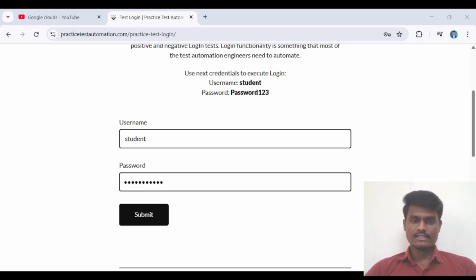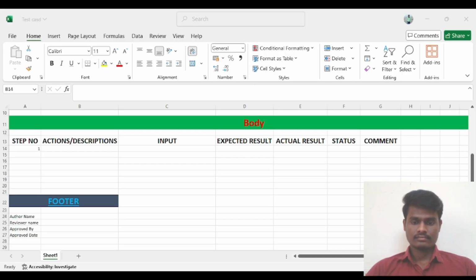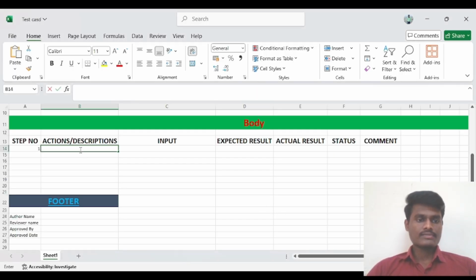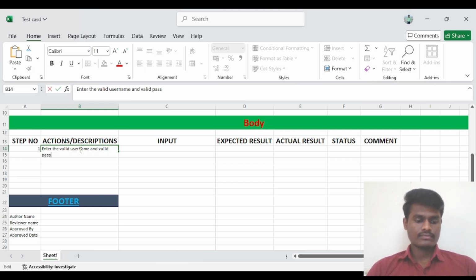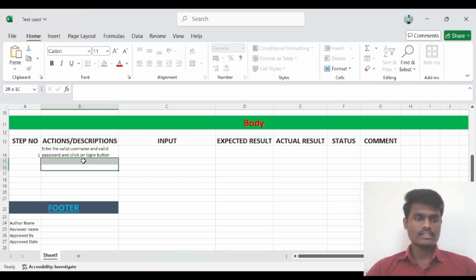For the login page we write here: enter the valid username and valid password and click on the login button. So this is our action or description.